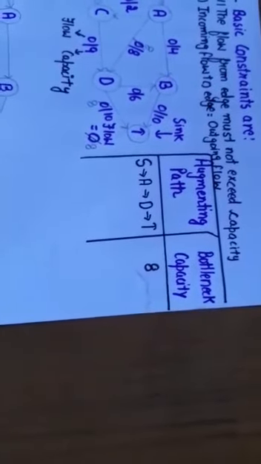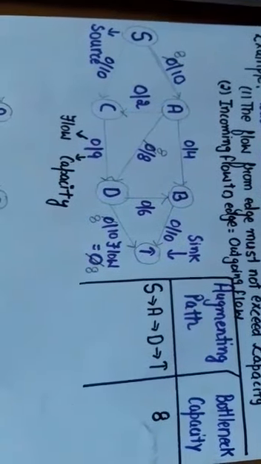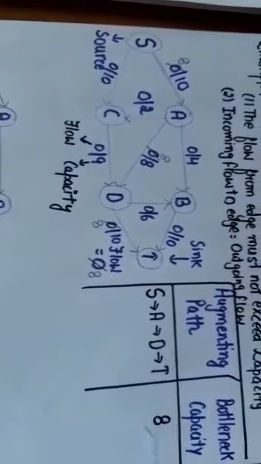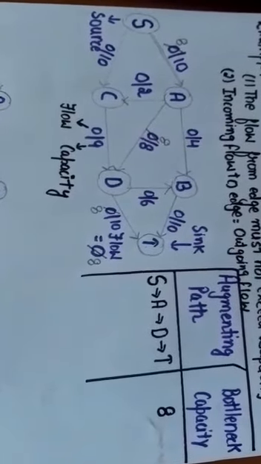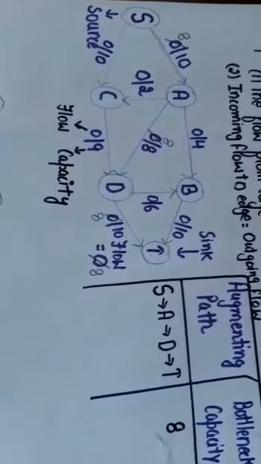See, suppose the first augmenting path I have taken is S-A-D-T. See one thing here, I can arbitrarily take any path, and my main motive is to maximize the flow. So let's consider the S-A-D-T path. Here, S is the source, then I go to A, then I go to D, and then I go to T. So it is a non-full forward edge augmenting path because the edges are in the forward direction, and non-full because initially the edges were having 0 flow, right?